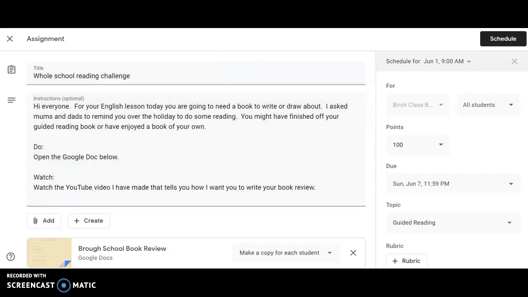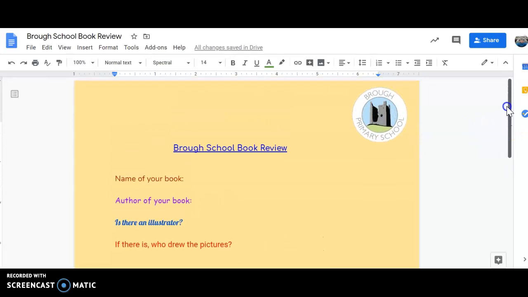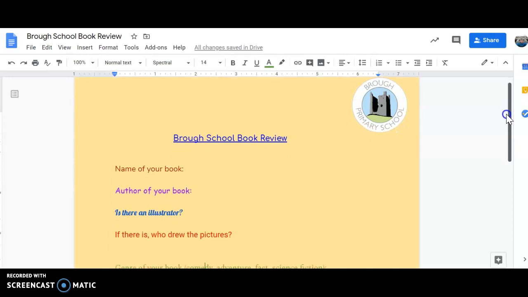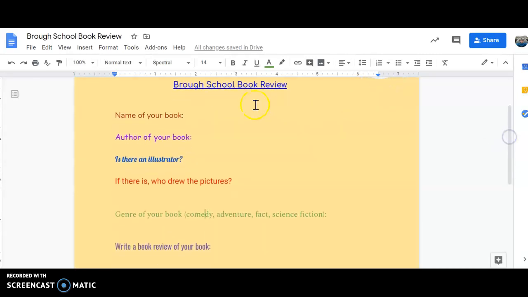Once you've opened that Google Doc, let's go over to it. Yours will look something like this. It's called the Brough School Book Review. A book review is writing all about what you liked about a book, maybe what you didn't like about a book, about the characters, about what happened, and giving it a rating. So, in your book review, you're going to fill in the name of the book, pop that here. The author of your book, the author is the person who wrote the book,